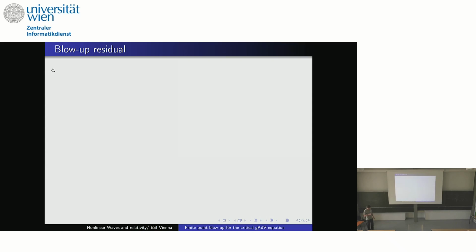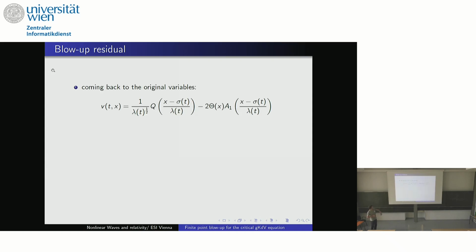Okay. So finally, a comment which is connected to this. You see, we want to make the wave interact with this asymmetric profile. So if you come back to the original variable, you get something like this. And so when t goes to 0, what you get is a concentration. So the blow-up point also goes to 0 here. And what you will get is that this guy will become a sine function. So somehow what we call the blow-up residual, what remains when you take away the bubble, is a sine function. So it's something which is in L2, but is not in H1.